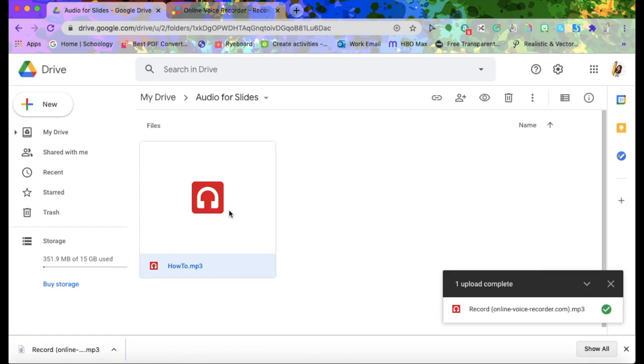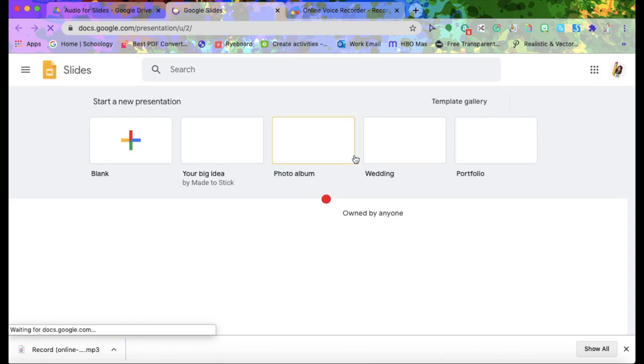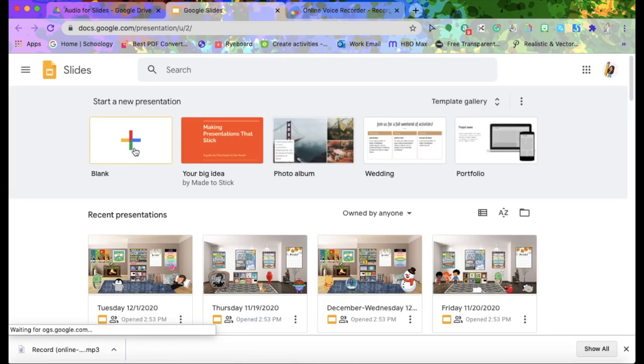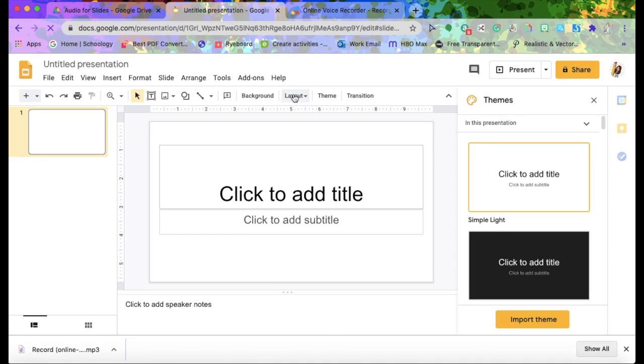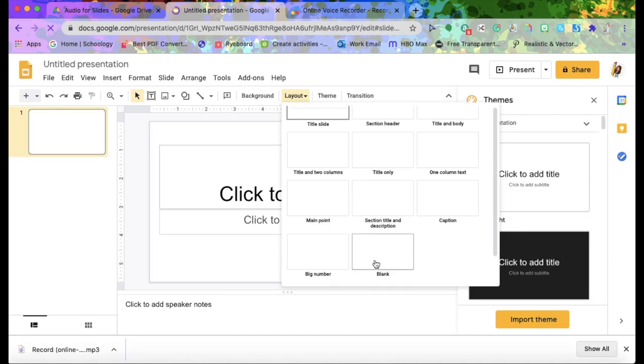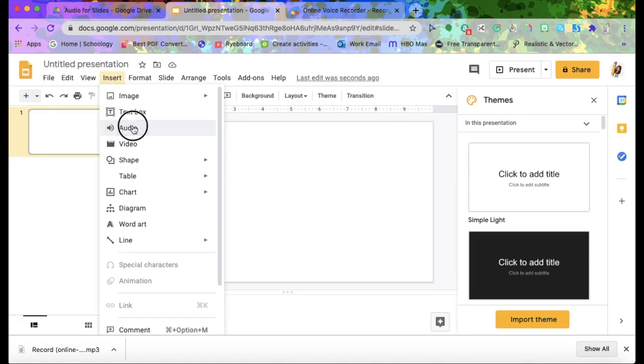Well, okay, let me show you one more thing. So now that I have this here, I'm going to just go into my slides so you can see the last step because I almost forgot. Okay, I'm going to just do a blank presentation and I'm going to change the layout to just blank. So now what you're going to do is you're going to go insert audio,